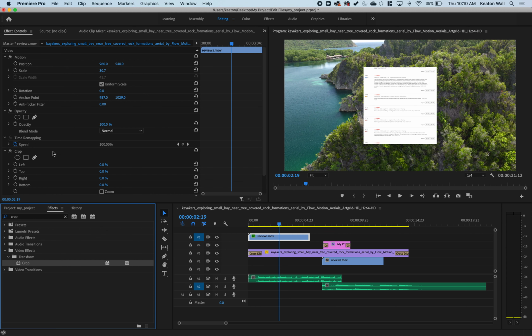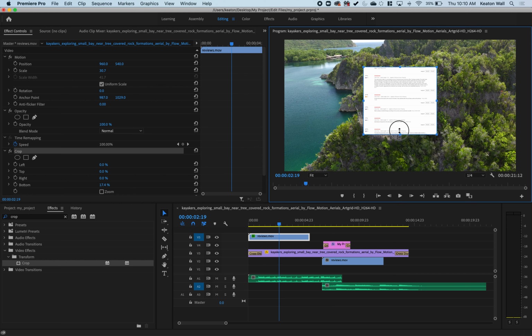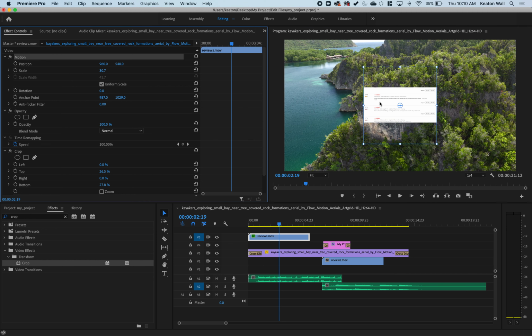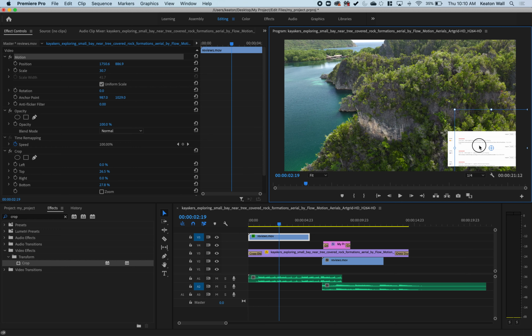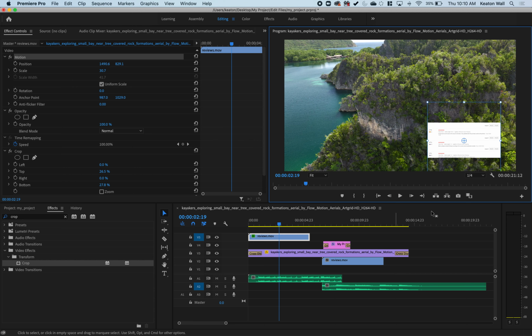And then I would say, okay, I want to crop. See, it pulls up these little corners. Crop this here, crop this here. And then I click on motion again to move it around. Okay, now I have this. I want to move it down here. All right, now if you wanted to have your own picture here, you could be talking in the bottom right